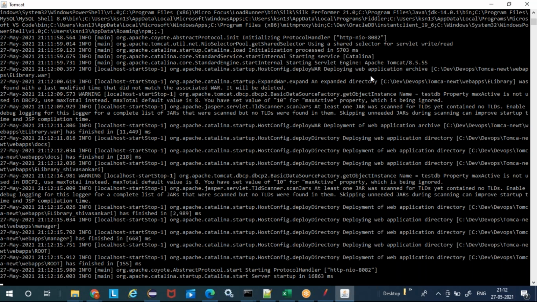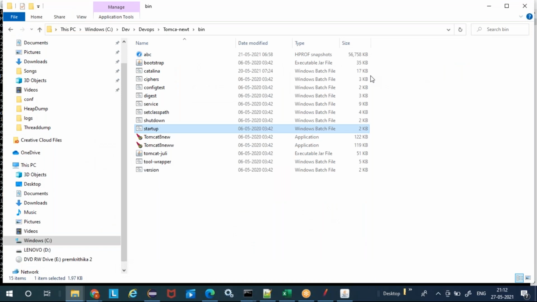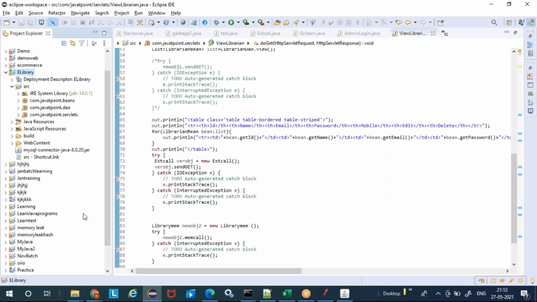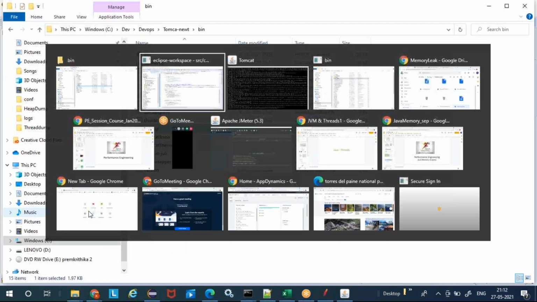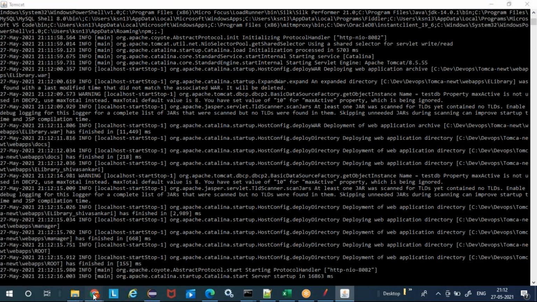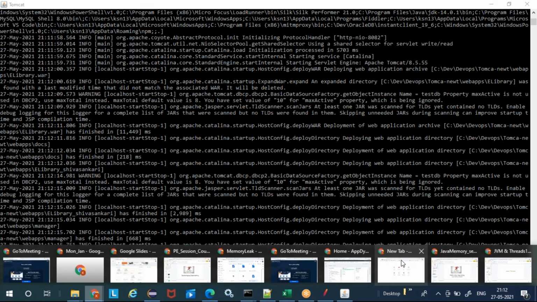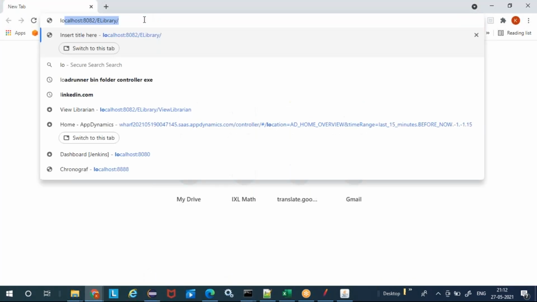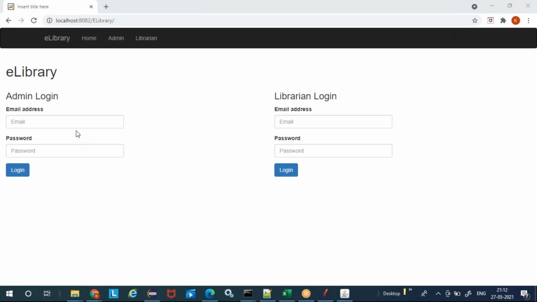We are going to make use of the e-library code and make changes to it to create response time problems, thread problems, and memory problems, and then deploy it in a similar way and start the server. And then once the server is started, let me open the localhost, and then you go and enter it.